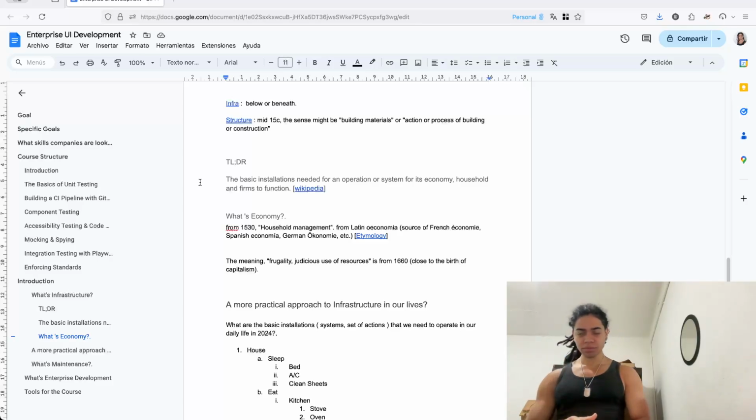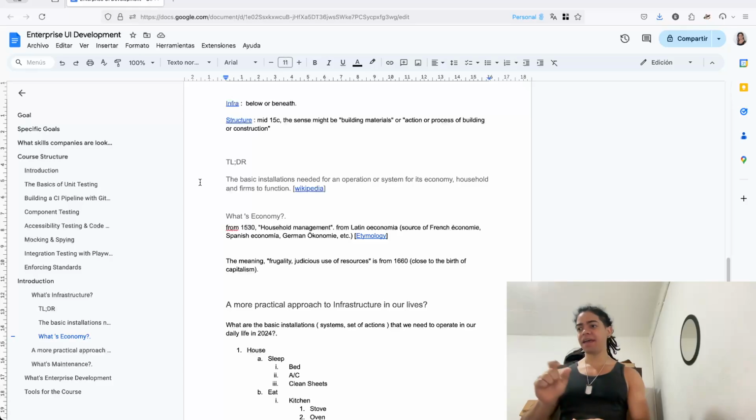From the Etymology Online dictionary, infra means under, below, and structure is associated with building materials or the actions of construction, the actions of building. So infrastructure is the action of building this